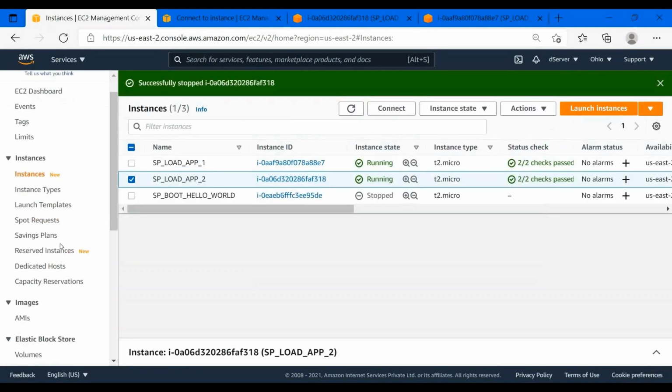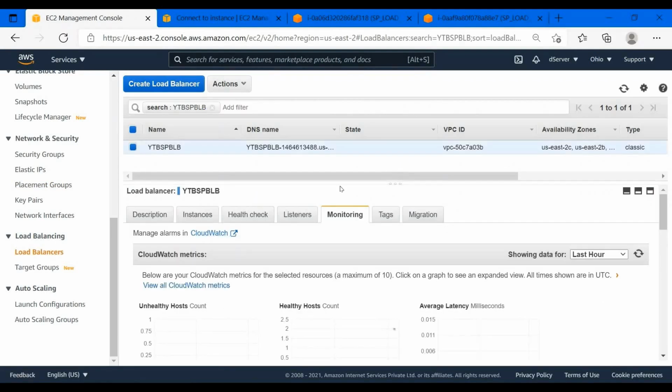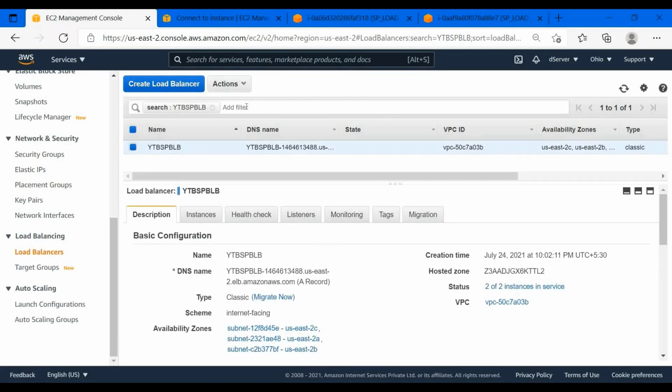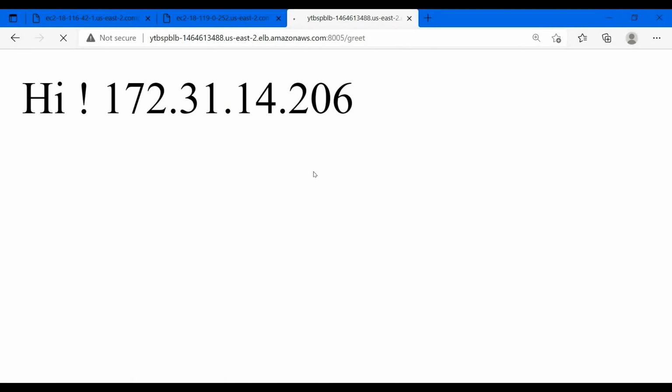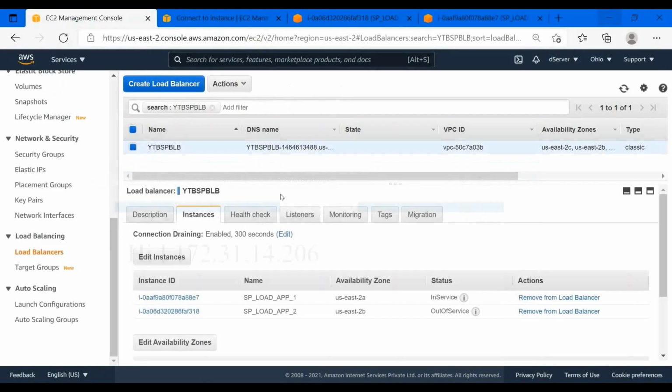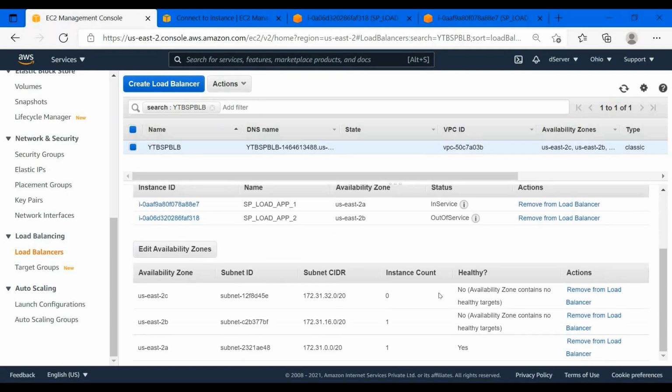Let me show you one more thing. Let's shut down one service. So one is in service, one is out of service. Now it has changed to Welcome to Hi. No matter how many times you try, for as long as you like, it will route your request to only one instance. So this is how it has increased the failure tolerance of your applications. These are the regions you can check. I hope you understand everything.